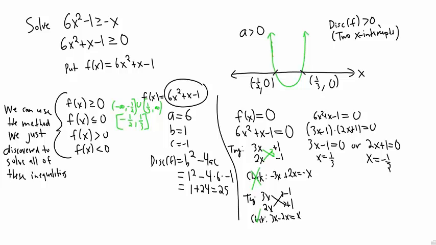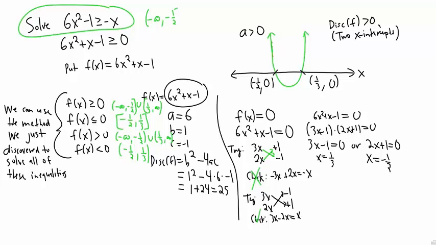So for f of x greater than 0, we have this. We don't contemplate including the endpoints because it's strict. And here we don't contemplate including these endpoints, again, because it's strict. So the solution to this original inequality is that